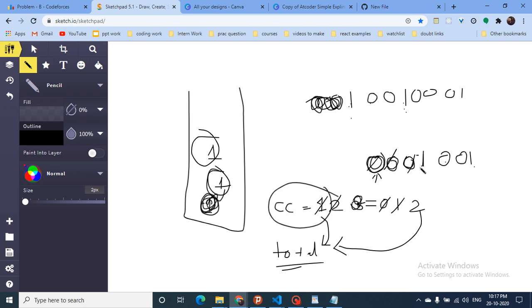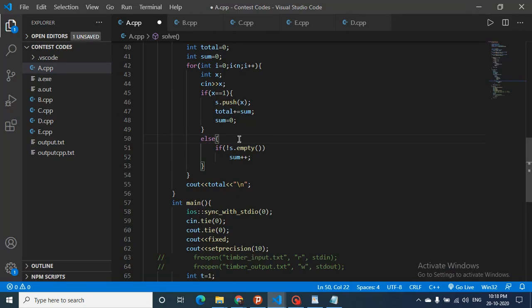Whenever I see a 1, I will push back in the stack, and then I will count out my zeros. You can also do this by finding the first 1, then counting the number of zeros, and whenever you find another 1, add this to the total. And that's the logic for this problem.